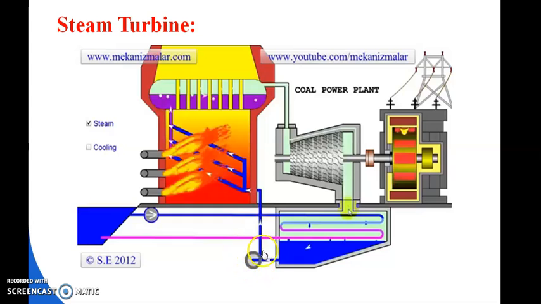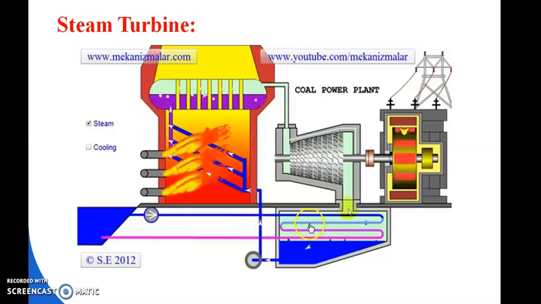The function of the pump is to pressurize the water, to increase the pressure from low pressure to high pressure, so that the water fed to the boiler has very high pressure. In the boiler, that high pressure water will absorb heat, so that the temperature of the water will increase. So at the end of the boiler, we shall get high pressure, high temperature and high enthalpy steam, and that is superheated steam.